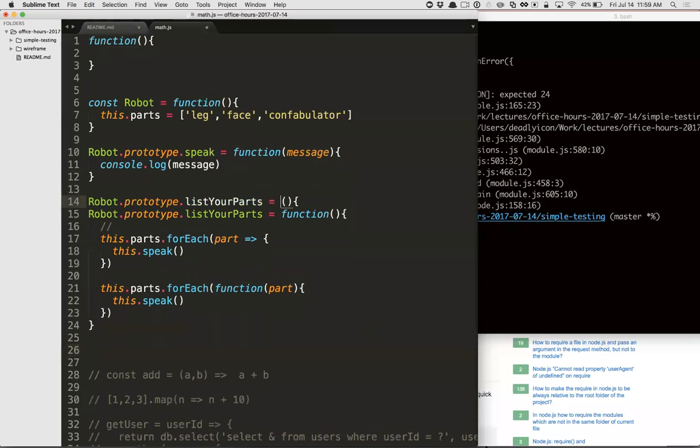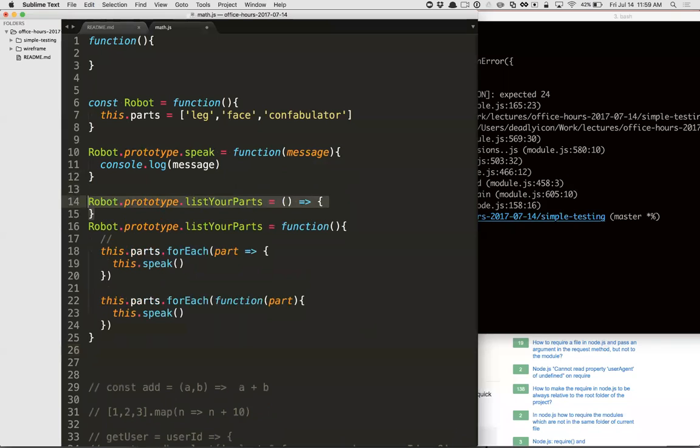If I tried to use an arrow function to define this listYourParts function, this would break because when I defined this function, the value of this was probably either nothing or the global object, right? Because the line of code I'm on is just in the plain file, right? So when we get a robot instance and we call .listYourParts, it is bound to a different this, so it won't have access to the robot that we've created, right?